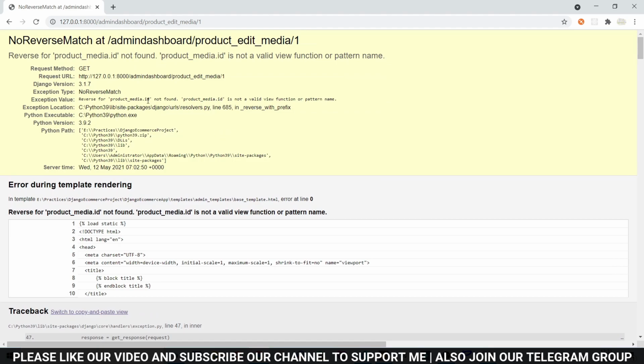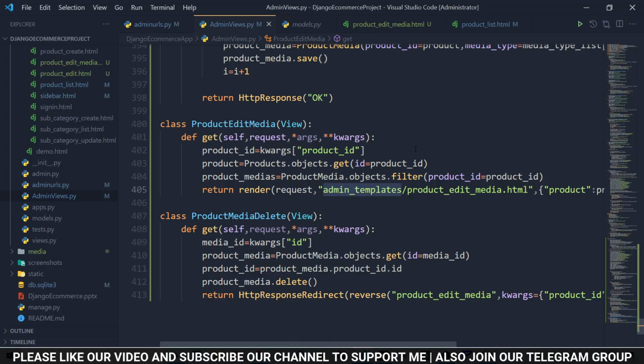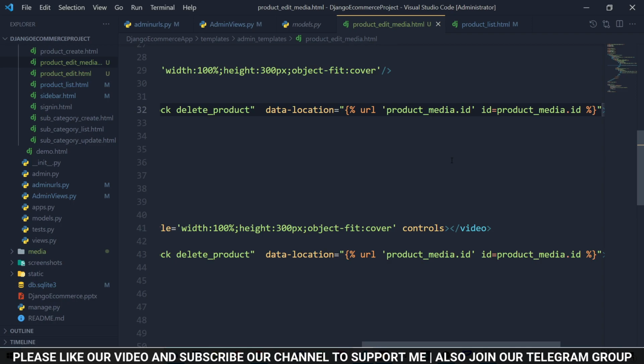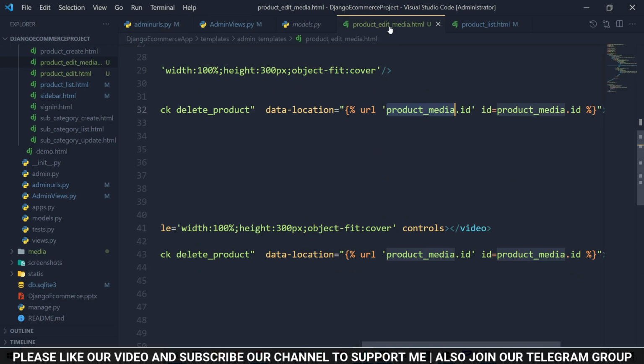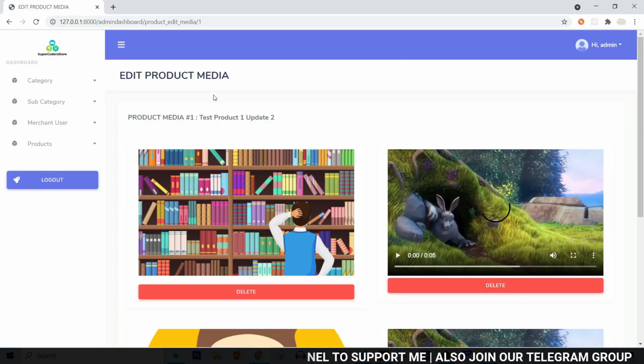Reverse for product media id not found. Product media dot id is not a valid function name. So let's see what is the problem. Okay, here URL is wrong because our URL is product media delete. Paste it, save it, back to Chrome, refresh page.